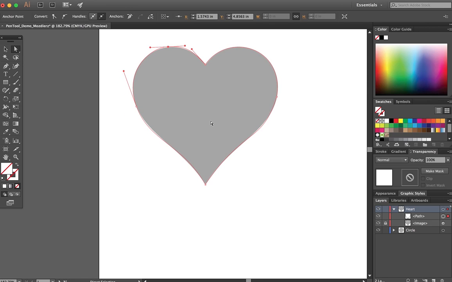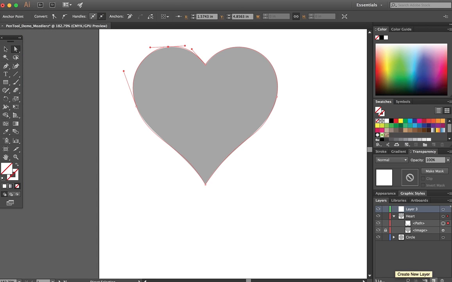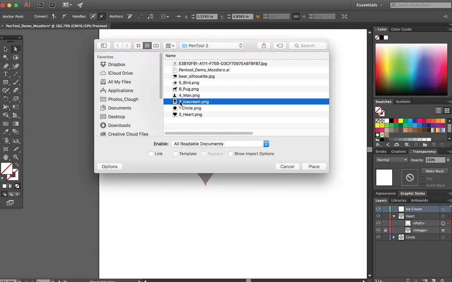And that's the pen tool. So what I expect you to try to do for homework is to continue placing these objects in separate layers. So next option, you'd make a new layer first, layer 3. You'll start with the ice cream cone, title it Ice Cream, and then you'll go to the File option, hit Place, select your ice cream cone,